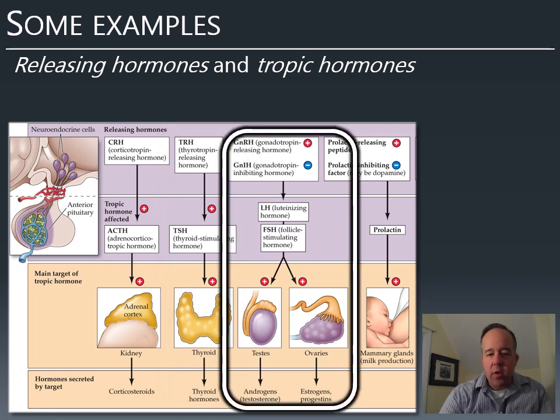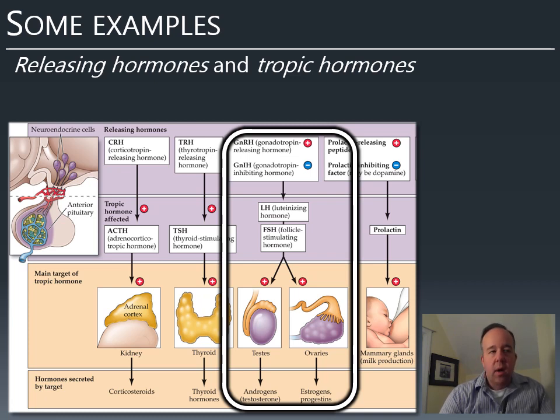The example we'll focus on a bit more are the sex hormones, and these are a bit more complicated, both because there are two sexes and also because there are more hormones involved. But the hypothalamus secretes releasing hormones. We're not going to worry as much about one of these. We're really just going to worry about gonadotropin releasing hormone, GnRH. That makes its way to the anterior pituitary gland, which secretes LH, which is luteinizing hormone, and FSH, which is